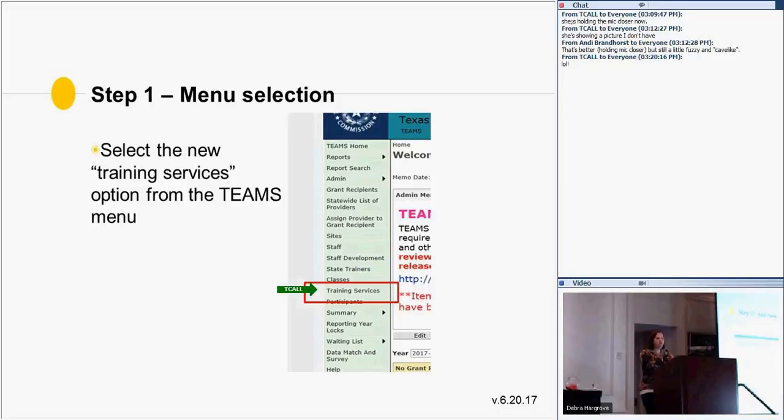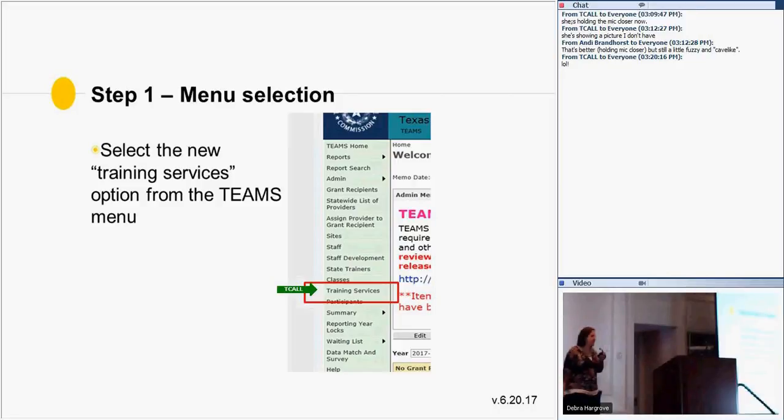But in the instance that you get to a point where you actually have to search for training services because you have so many, which I think will happen, this does allow you to search through those services, similar to how you search for other things. You can search by different categories, you can search by databases, all that good stuff. But for now, we're going to talk about adding a new training service.